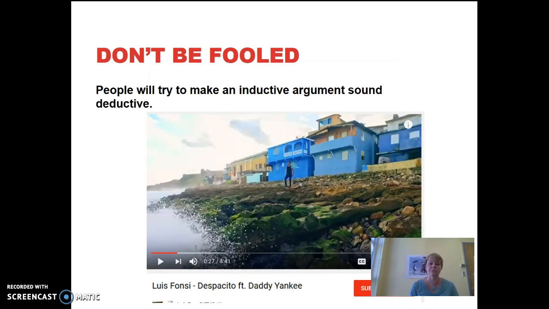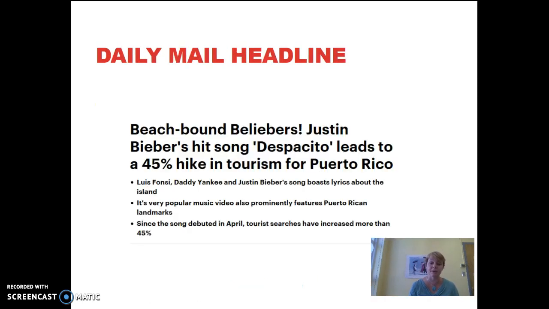A couple of things not to be fooled by. One of them is that people will try to make an inductive argument sound deductive, as if there is a guarantee. This summer there was a popular video, Despacito, featuring Daddy Yankee, and the video was filmed in Puerto Rico. And the Daily Mail had a headline: Beach-bound Believers, Justin Bieber's hit song Despacito leads to a 45% hike in tourism for Puerto Rico. And then they lay out their